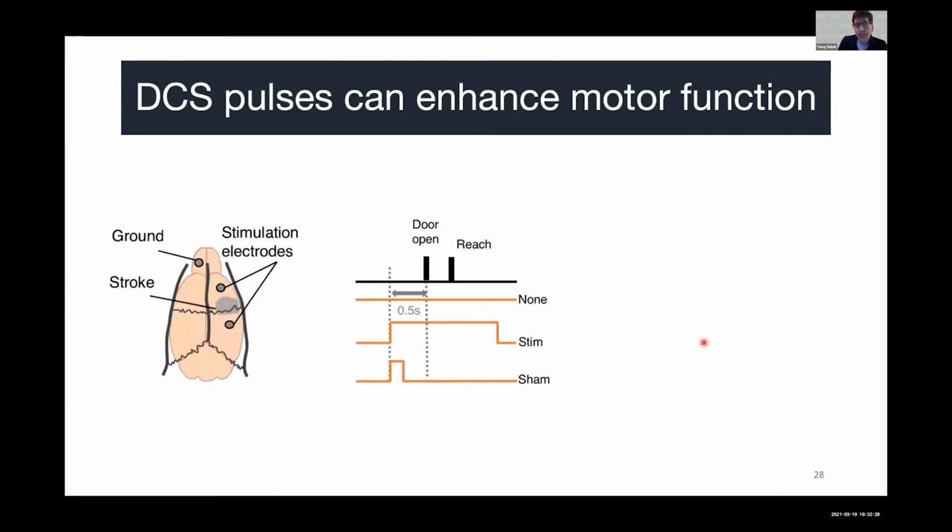So in this next batch of experiments, we really tested it in a clinical trial kind of a fashion. In this task, we essentially make them do this task in this reach box, which is made in-house, so we can control certain parameters. Once the door opens, only then they can reach. So we started the stimulation just half a second before the door opened. So this was sort of a closed loop stimulation. The stimulation was going on only for a 5 or 7 second period right before the door opened.